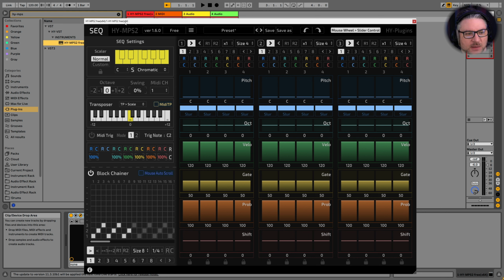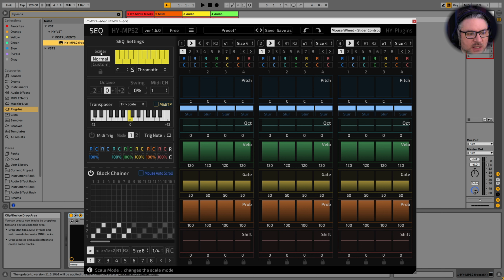I believe. Anyway, this one is somewhat similar in design in that you have, in this case, 3 different sections, and you have the same verticality in each. You have your play forward, backward, random, and so on, your clock multiplier, and the size. So these are very similar to what we looked at in the RPS2 itself.